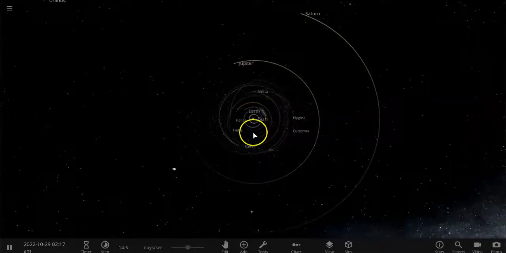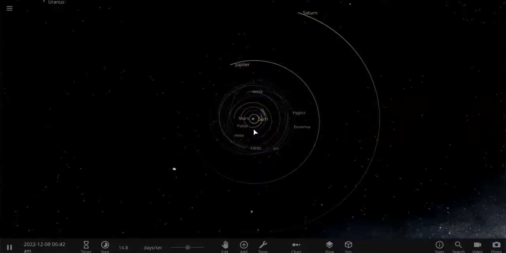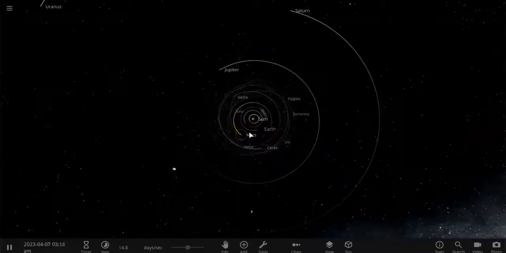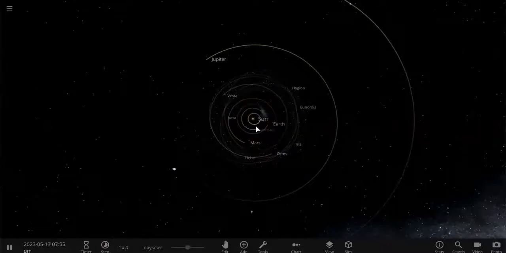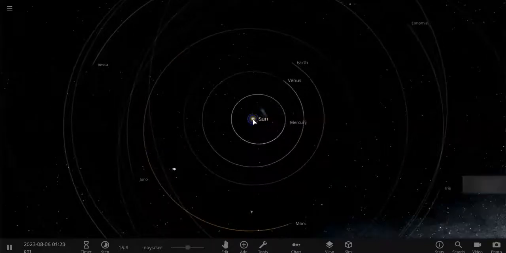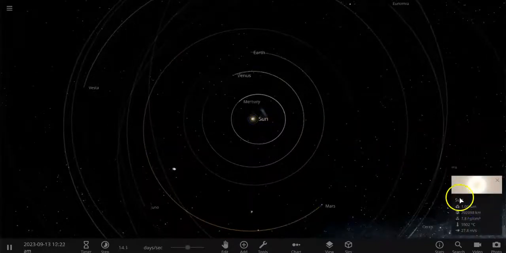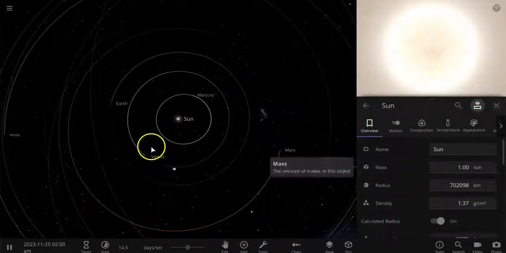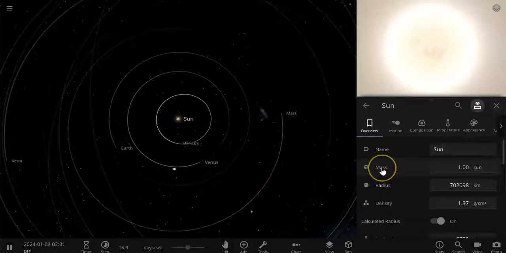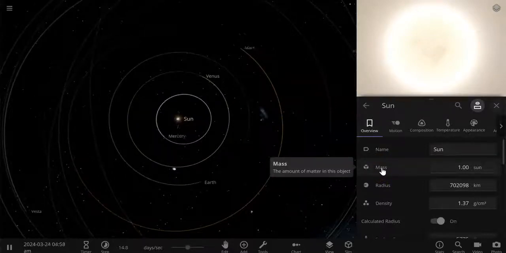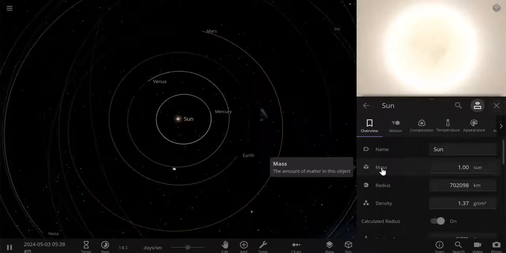So what I'm going to do today is investigate what's happening with our solar system. And since everything is orbiting the sun, I'm going to start playing with our sun. If I come here and click on the sun, this is going to tell me that the mass that's happening here is equal to the mass of our current sun. So I can actually adjust that and make the mass, or how much the sun is made up of,